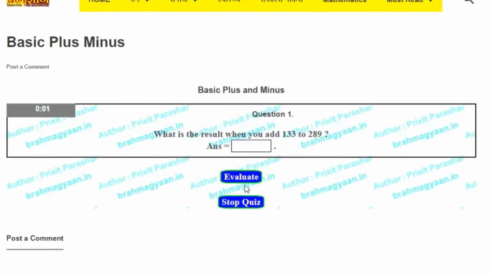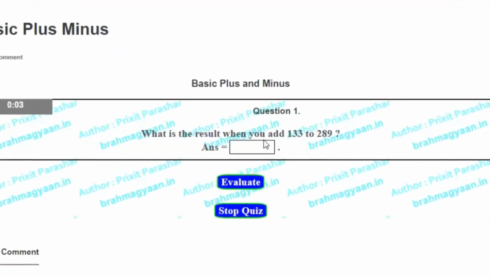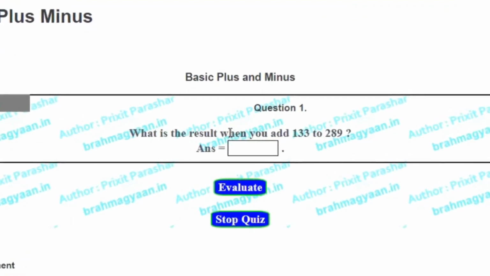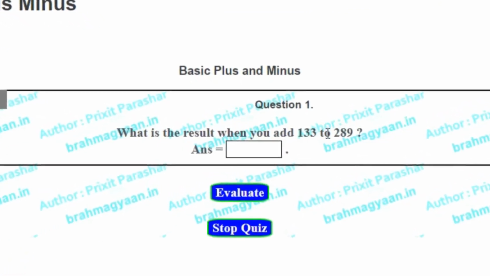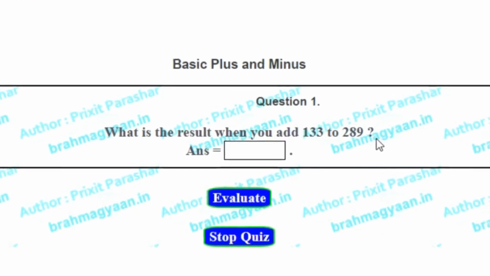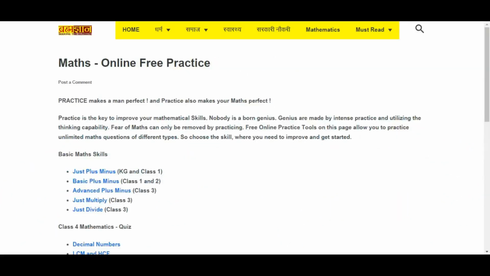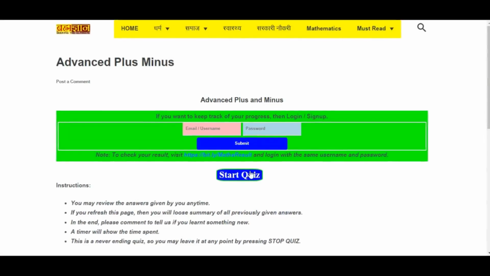Now here you can see that it's asking what is the result when you add 133 to 289. It's a word problem of addition. If we go to advanced plus minus and start the quiz,